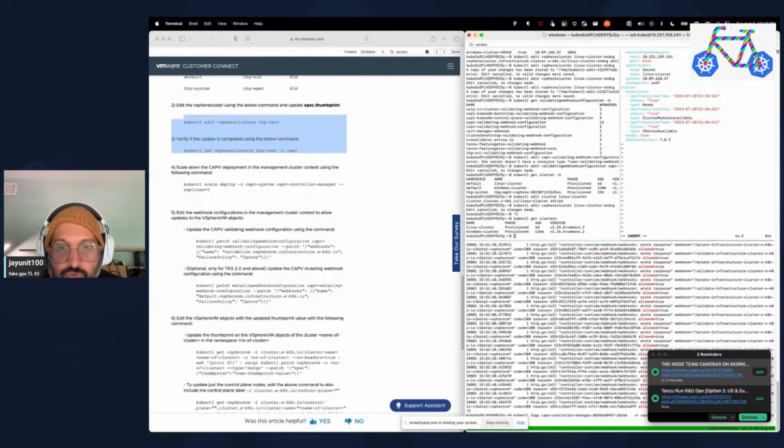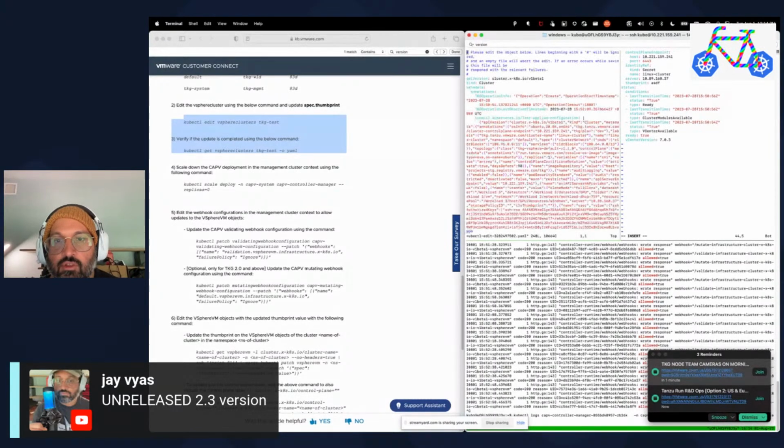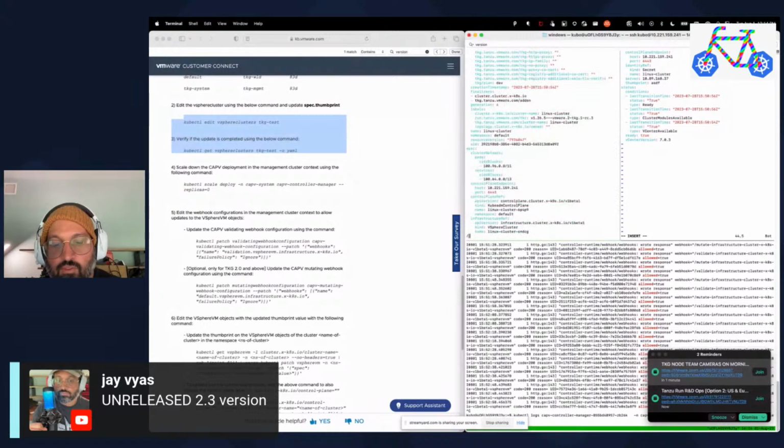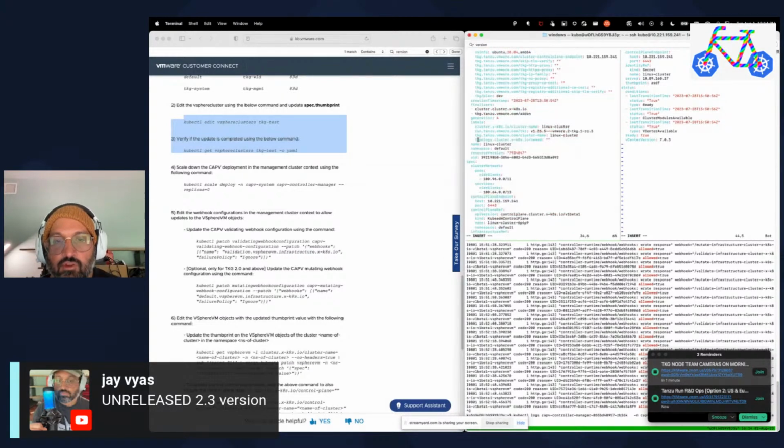But if I kubectl edit cluster, let me just clarify that really quickly. Unreleased 2.3 version, right? So if I edit this cluster and I say here, right? So if I go into here and I look at the topology, the cluster topology, and I go into the thumbprint,